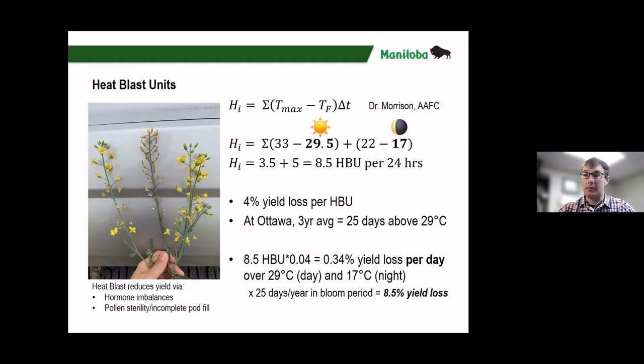There are some varieties that might be a little cheaper if you're looking at a Clearfield tolerant versus one of the TrueFlex or Liberty tolerant canolas. There sometimes can be some cost advantages there. We do see growers trying to reduce seeding rate